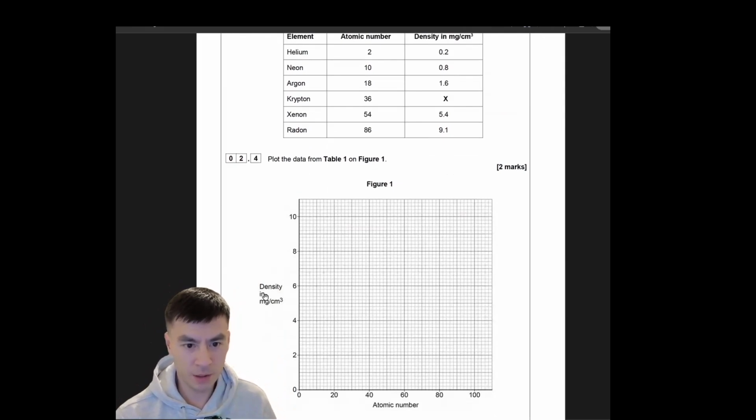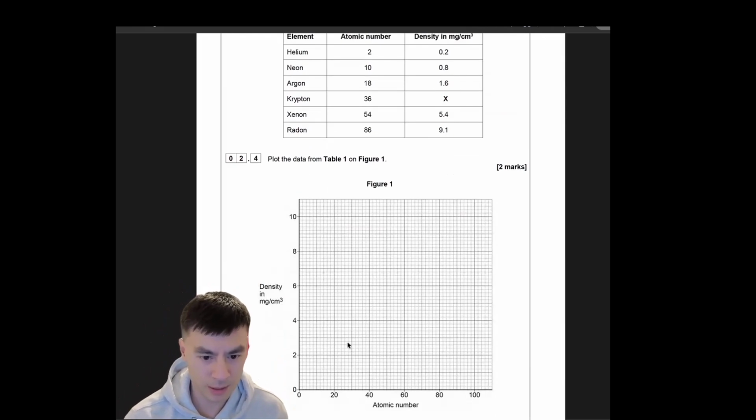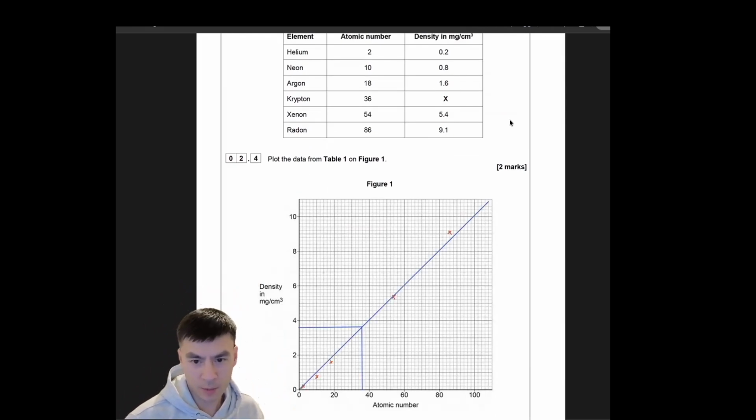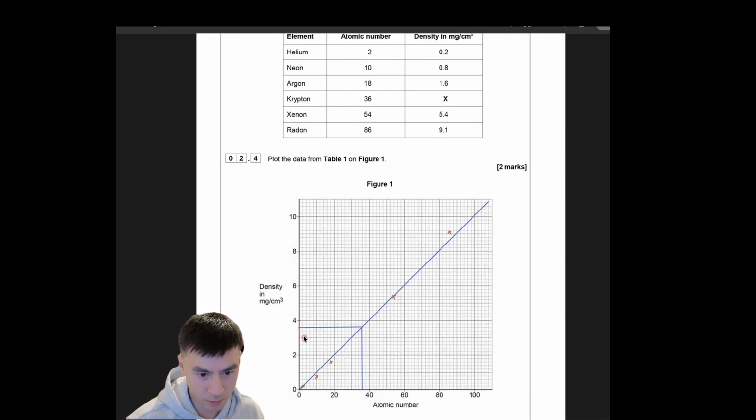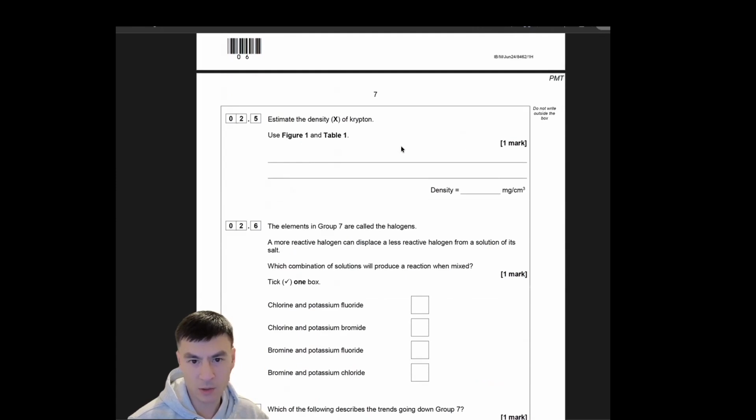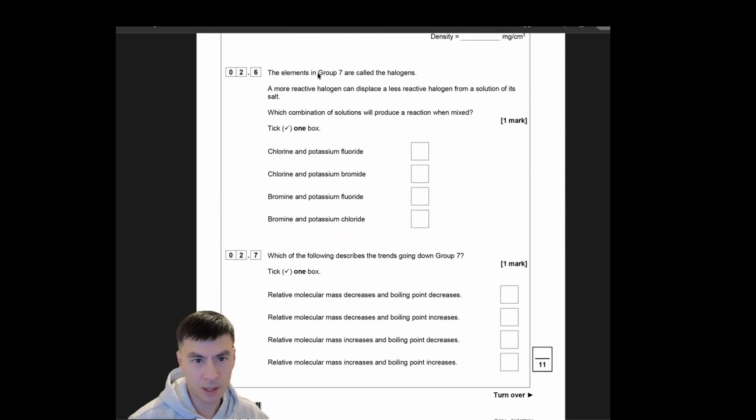OK，咁我哋左手邊呢個 y-axis 係 density，跟住 atomic number 喺呢邊。OK，咁我就 plot 咗嗰5個 point，跟住再加一條 line of best fit。咁我揾翻 Krypton 36個 number 呢度係 3.2、3.4、3.6。咁我 extrapolate 咗啦，咁呢個3.6。